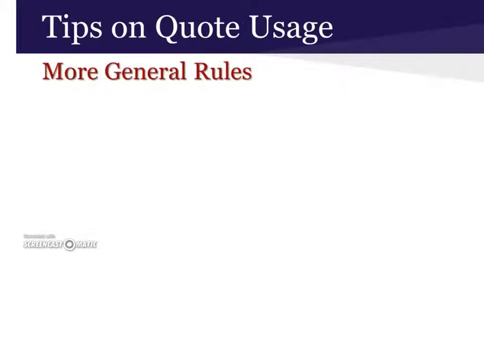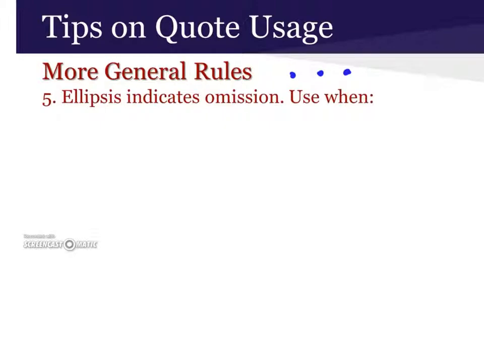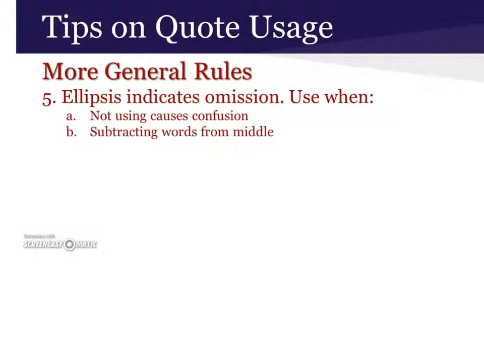Now let's talk a little bit about the ellipsis. The ellipsis is a series of 3 periods with a space in between them. So use an ellipsis when you remove words from a quote to the point that the meaning of the quote changes. In other words, use an ellipsis when not using one gives a flawed interpretation of the sentence. Also use an ellipsis when you are subtracting words from the middle of your quote. Finally, use an ellipsis when you are joining sentences from different paragraphs. Typically, you do not need to use an ellipsis when you remove the beginning of a quote, providing you attach the quote to your sentence.